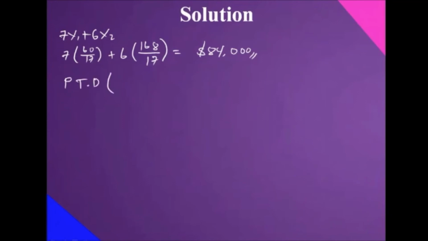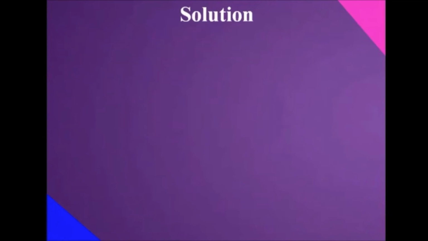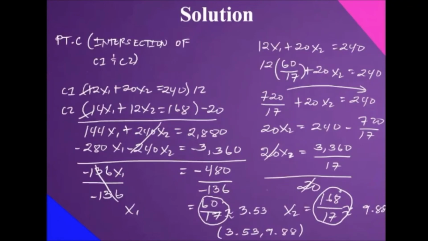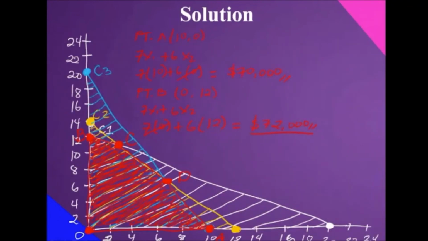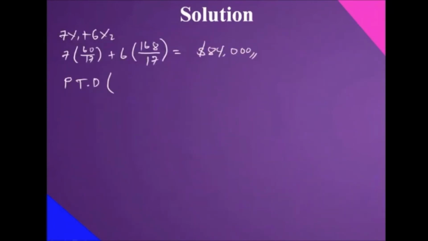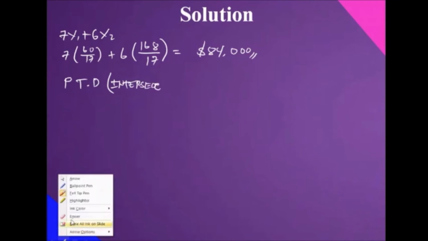So, point D. Ano kaya yung coordinate ng point D? Meron ba or wala? Mukhang wala. Dahil ang point D, kung titignan natin, intersection siya ng ating orange and ng ating blue line, which is the C2 and C3. So, C2 and C3, ayun ang gagamitin natin to solve for the value of point D. Lagyan natin dito para maalala natin, intersection,